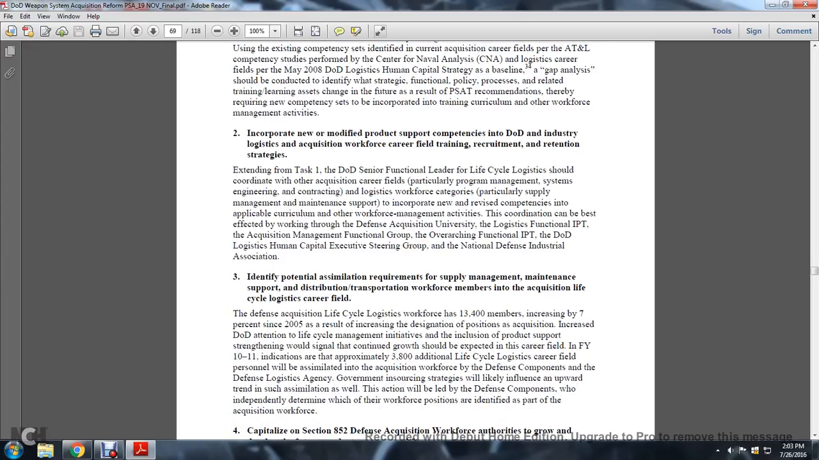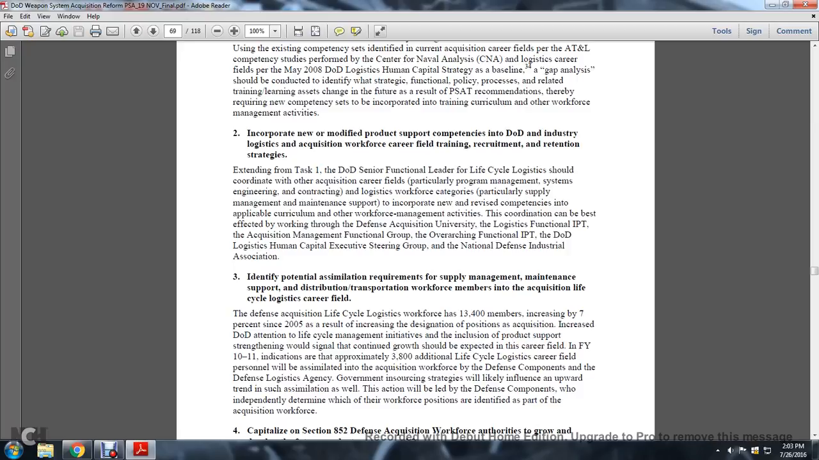Incorporate new and modified product support competencies into the Department of Defense and industry logistics acquisition workforce career field training, recruitment, and retention. Extending the task of the Department of Defense senior functional leader for life cycle logistics should be coordinated with the acquisition career fields, particularly program management, systems engineering, and contracting, and with the logistics career field categories, particularly supply management, maintenance, and support, to incorporate new and revised competencies into the applicable curriculum and other workforce